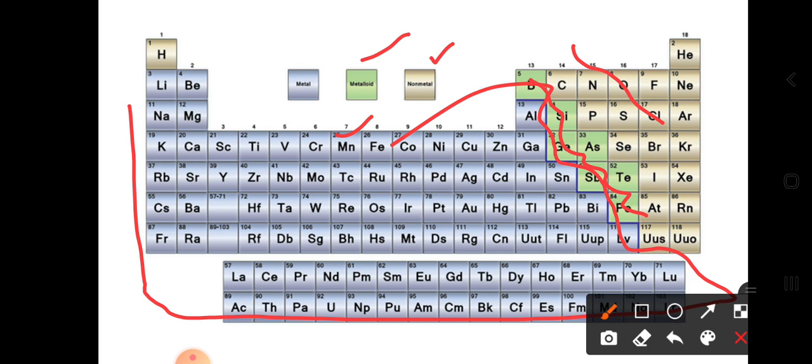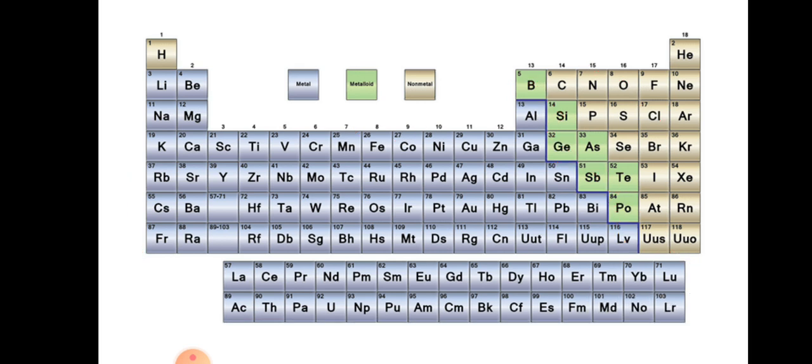Okay, so keep in your mind why we have kept these metalloids in the middle: because the properties of the metalloids exist between the metals and the non-metals. So now I hope there is no confusion about understanding the metals. Now let's learn these metals' names one by one.